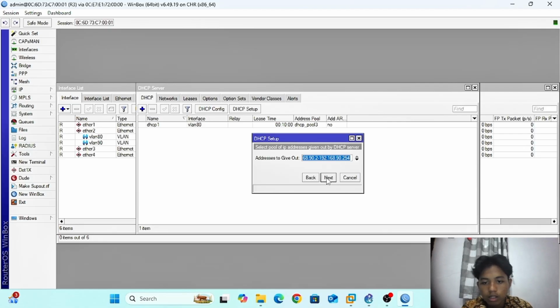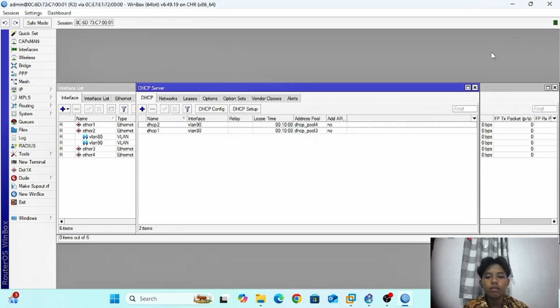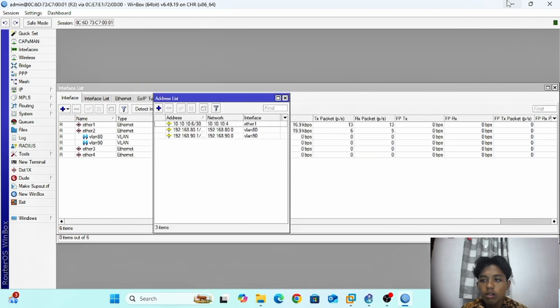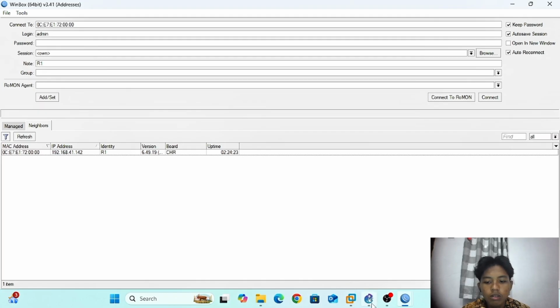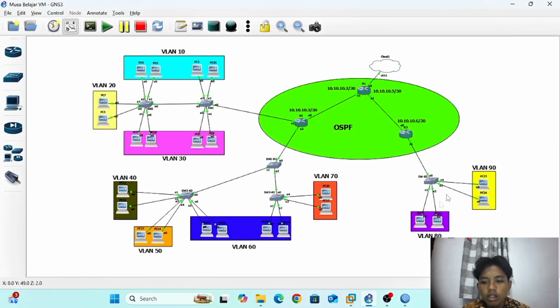Click next until finish. Okay, Router 3 is finished. Now setting the switch, I want to make a bridge for client VLAN 18 and 19.